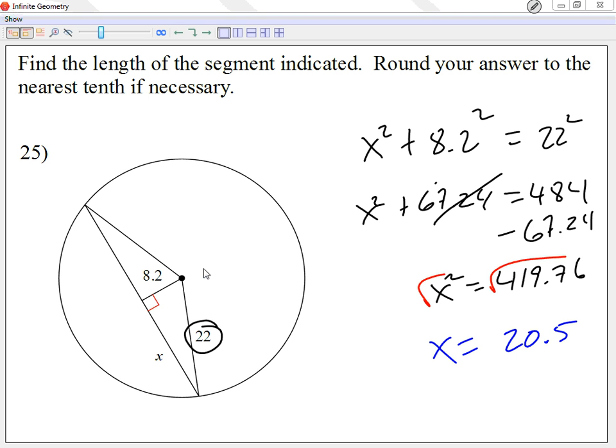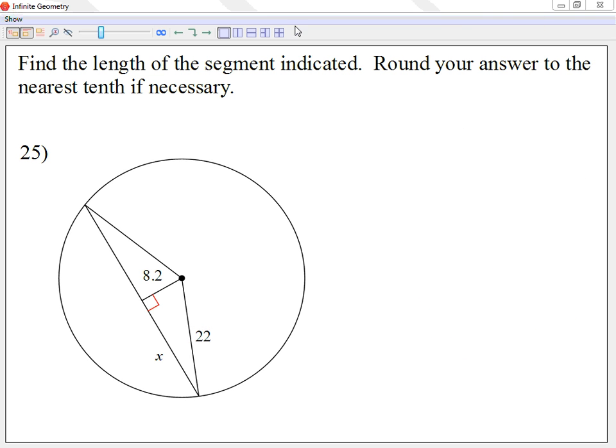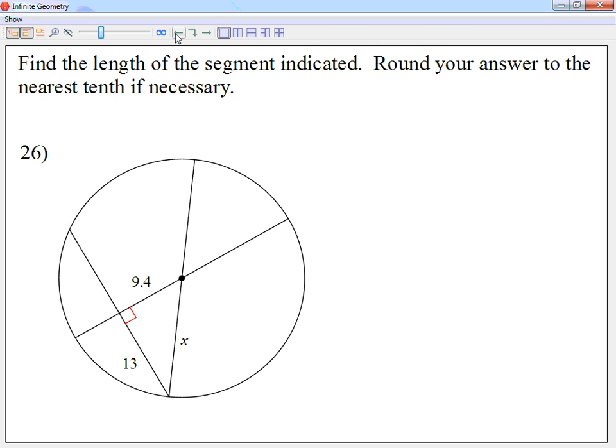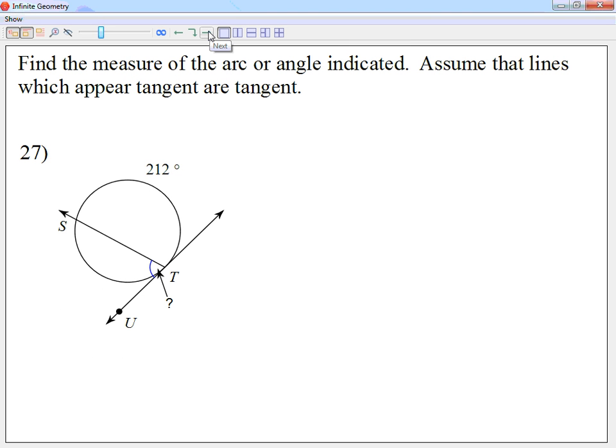Okay. Now this one, the Pythagorean theorem kind of gave you a little trouble. Any questions up until 26? No? All right. Now to the last sections, looking at number 27, we came in and we want to know